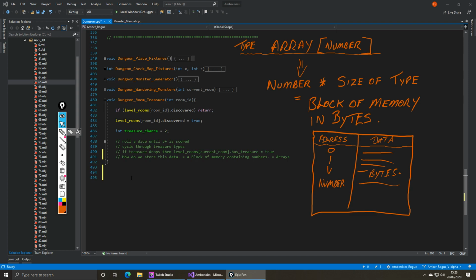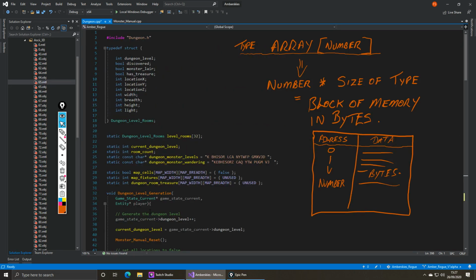Well, it really should be done by direct access, because I wanted to emulate the original game. But I'm not going to do that, because that involves quite a bit of extra programming, which is just not needed in the language that I'm using. The language that I'm using has arrays and is very simple about them. And we've already been using them. These are all arrays here.